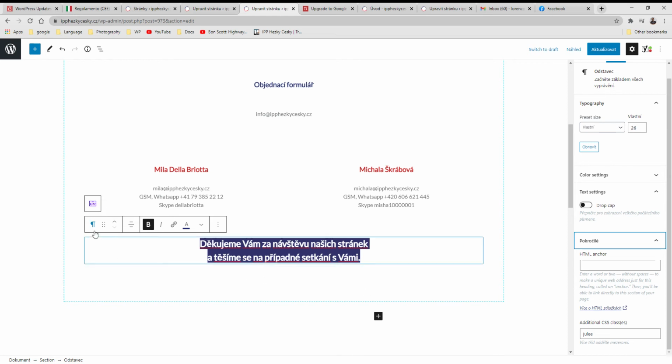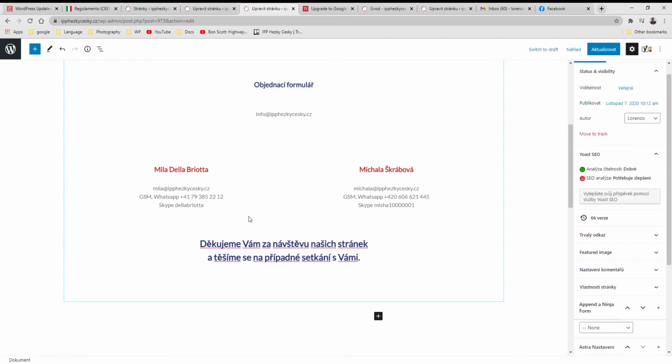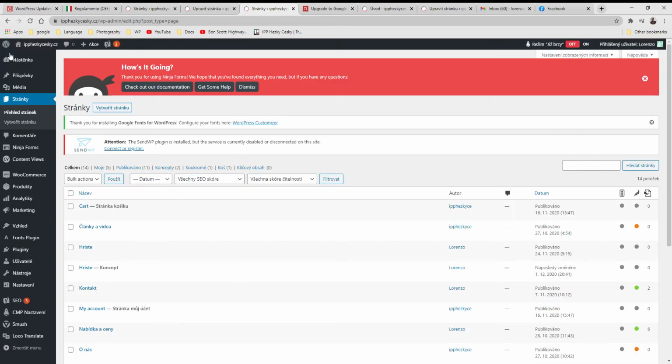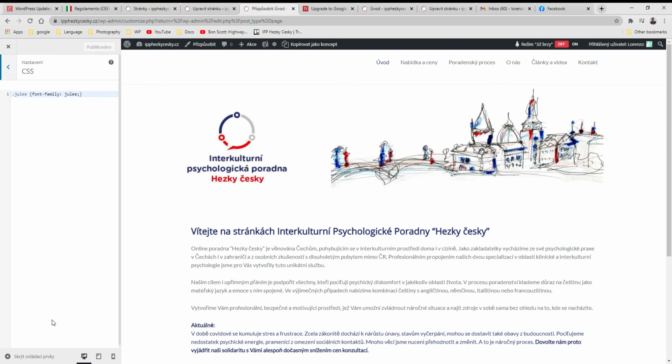I think with the advanced, the pro version, you will probably have some additional functionality where you can choose and apply the font. But okay, now we know that for this website, this text has been labeled as Julie. So what I did, okay, let's save. What I did then, there is a way in WordPress to go to CSS. CSS is a style sheet for